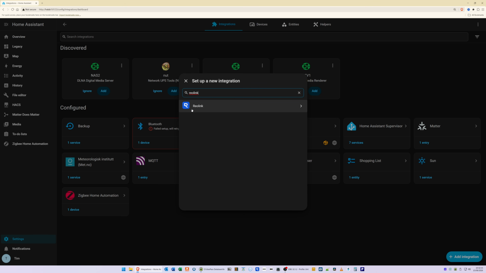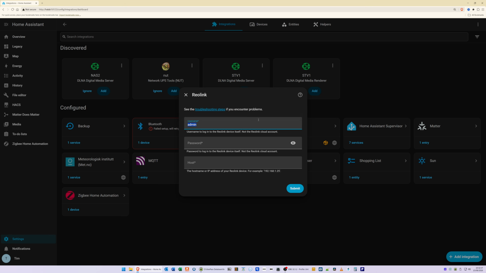Click on Reolink, and you'll get a pop-up window asking you for a username, password and host. For the username and password, type in the ones for your Reolink doorbell. You would have created the username and password when you first set up and added your device